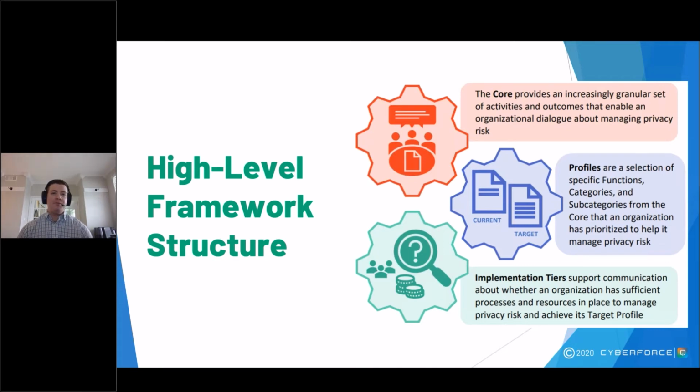First, we have something called the framework core. This is the section of the framework that contains the actual controls surrounding the management of privacy functions. Now, I have to say, because these are high level, NIST themselves actually doesn't call these controls, and they instead refer to them as either activities or outcomes. NIST would refer to the contents of those 853 series documents as controls.